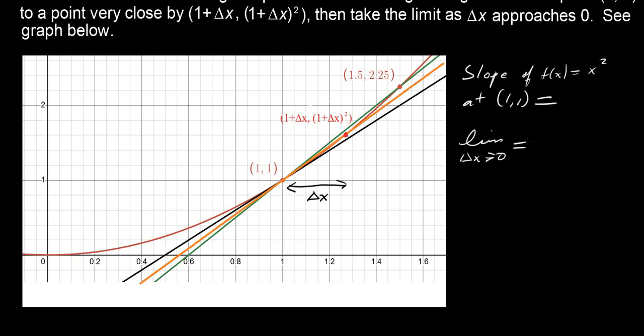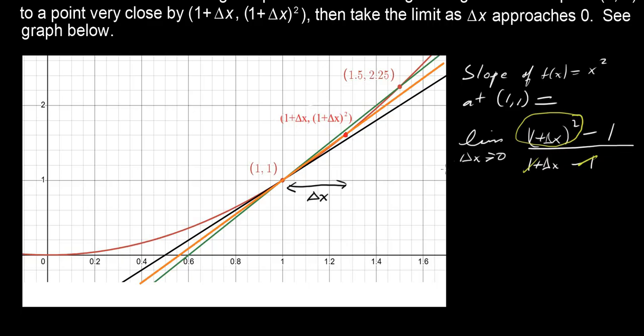In other words, I'm going to take the limit of the change in y, which would be (1 plus delta x) quantity squared minus 1 squared, which is just 1, divided by the corresponding change in x, which is 1 plus delta x minus 1. Now, the denominator simplifies pretty easily because the 1's cancel out. That numerator, when you expand it, is really (1 plus delta x) times (1 plus delta x). You could FOIL that